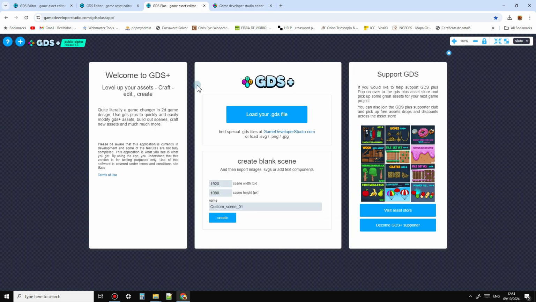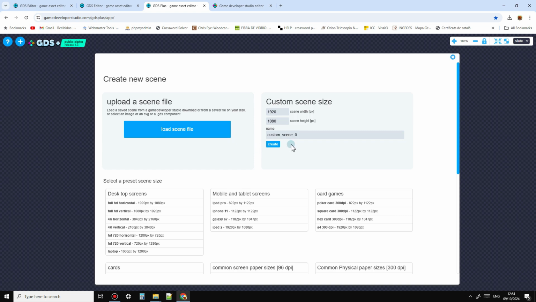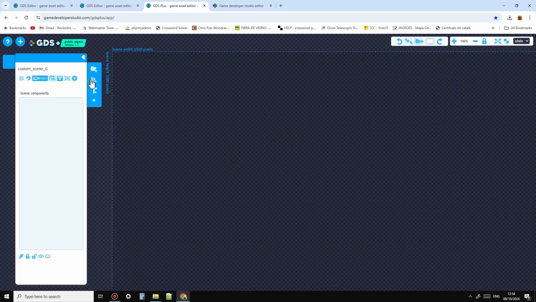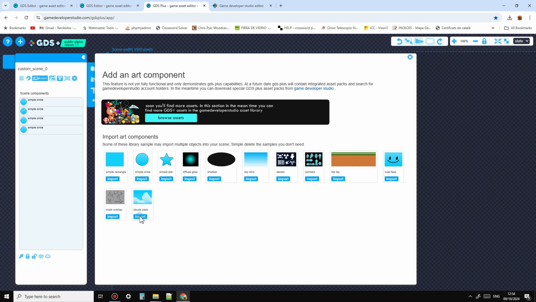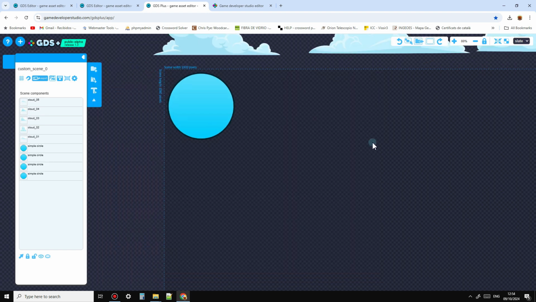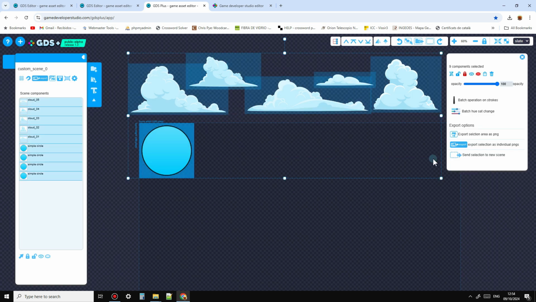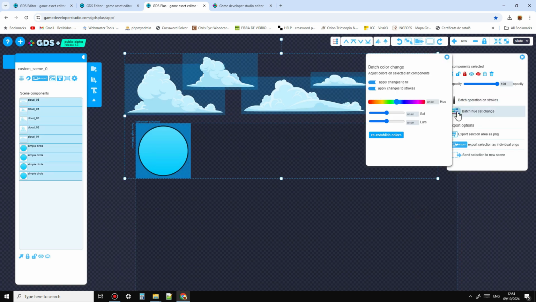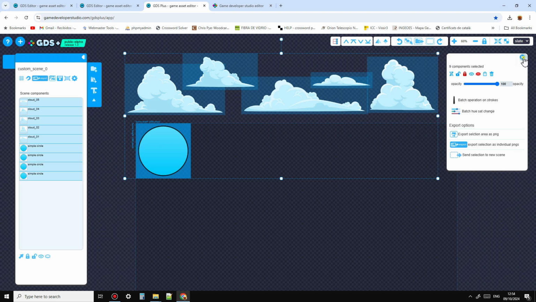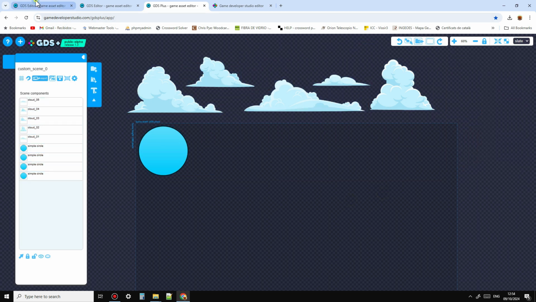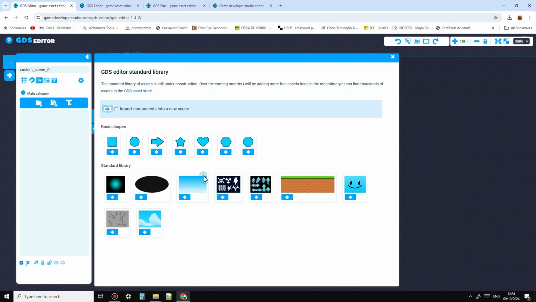So if we go to GDS 1.3, which looks quite old now, and let's create a new scene. Let's add some components. So before, the batch inspector opened like this and then you had to change control. So it was quite annoying every time you selected a component that this window would open and there was no way to control that. Now with the GDS Editor 1.4,